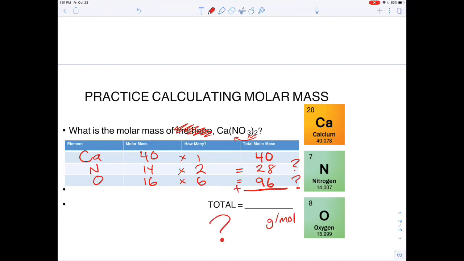So what is the correct total for calcium nitrate here? If you said 164 grams per mole, you'd be correct. All right, so practice calculating molar mass. Hopefully